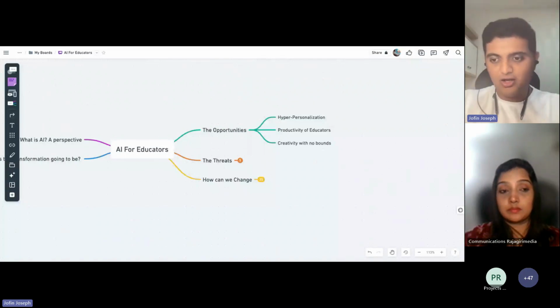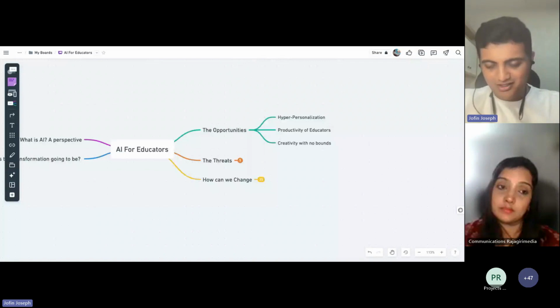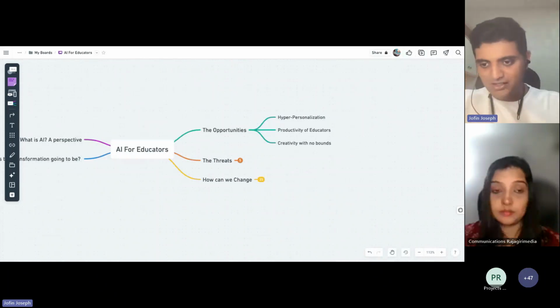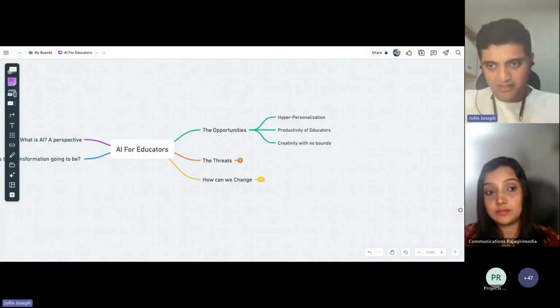You also already saw how a tool like Whimsical, and the AI power in it, is bringing productivity into my life, right? And it will be very easy for you to imagine how it can bring productivity to your lives. Productivity also means that you can do much more for your students. While it was just marking, because your bandwidth limited you to do certain things, now that limit is being taken away, because with the same time that you spend, you can do much more for these students, to help them learn better, right?